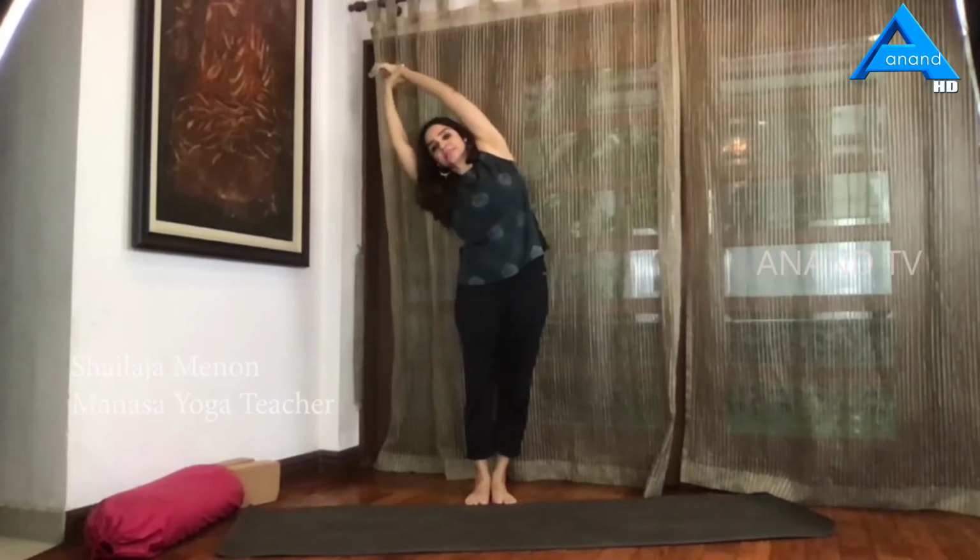And inhale and rising up and bring the feet together. So we're going to go into a standing lateral stretch called the crescent. So inhale and lift your arms up and then try to hold your left wrist with your right hand and